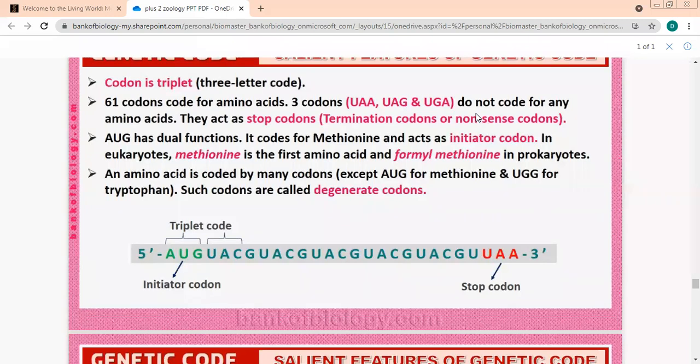Yes, Soni is supposed to ask you, beta. Soni, ask. CUG. Yes, try. Methionine. Is the answer correct? No, ma'am, it's leucine.